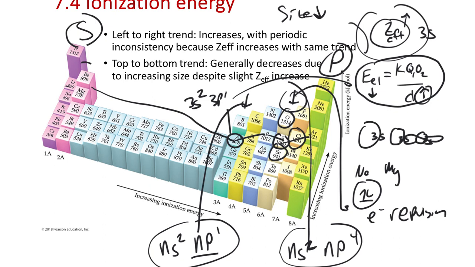But now we do have the effective charge slightly increasing. If you recall, the effective nuclear charge is actually increasing, but not by much as you go from top to bottom. The increase in effective charge might have made you think ionization energy should increase from top to bottom. So we have two counter-opposing trends. Effective nuclear charge is going up, but the size is going up. The size is what generally wins out. So from top to bottom, we get this general decrease in ionization energy despite the increase in effective charge,